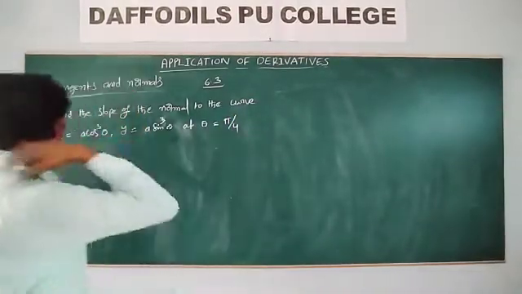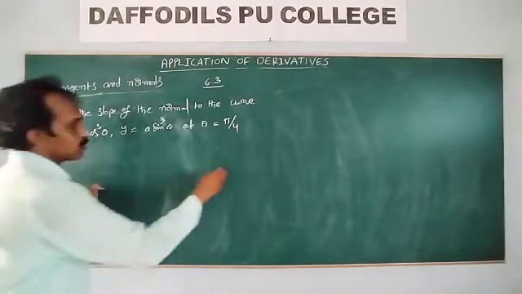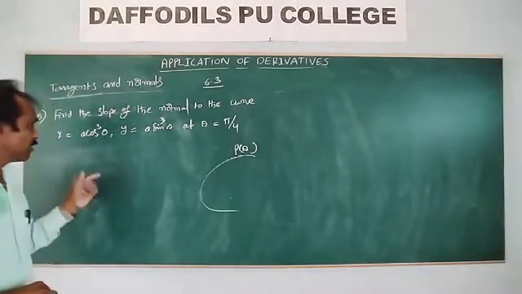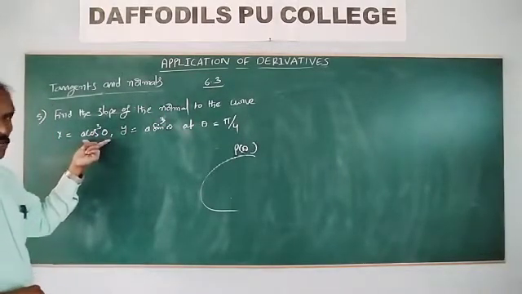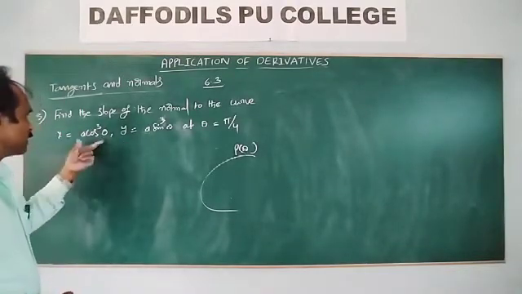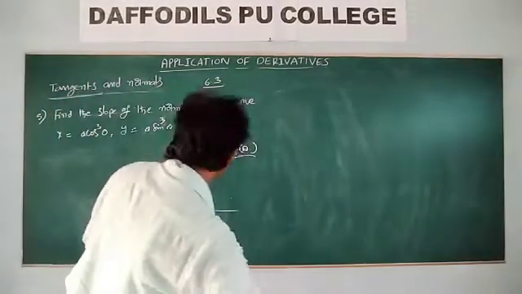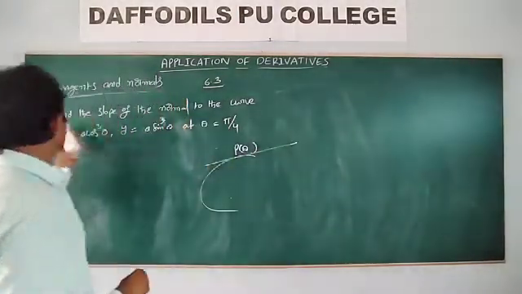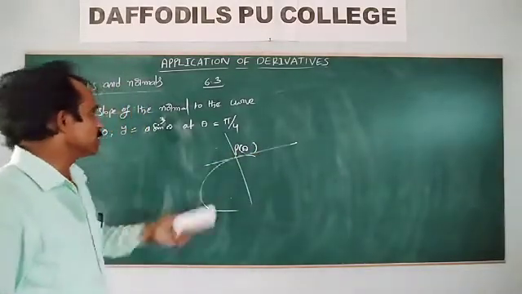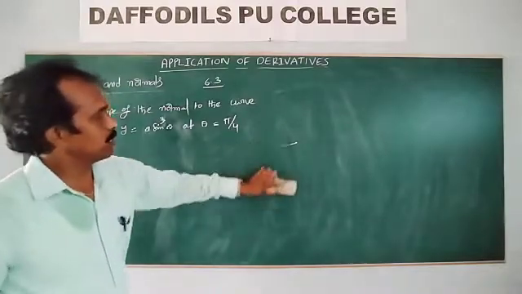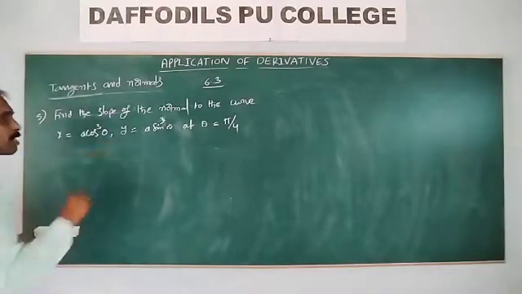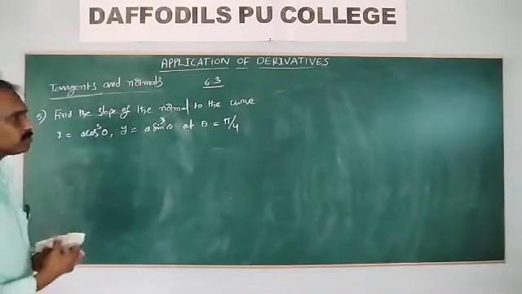So what is that curve in terms of a third variable theta? Suppose this is the point P of theta, the third variable. Let it be x is equal to a cos cube theta, y is equal to a sin cube theta. So in terms of theta, we represent the curve point. Here we find out the slope of the normal. This is the tangent, this is the normal at that point. That is the slope of the normal. This is the third variable, like a parametric equation.